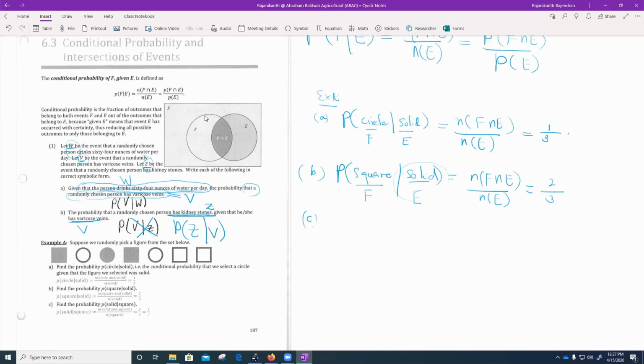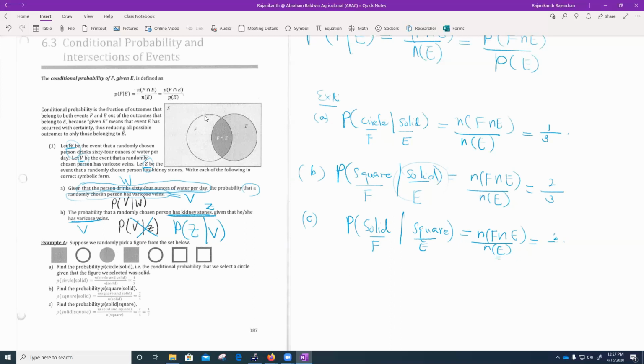So the next one. The probability of choosing a solid object, the given condition is now a square. So this is my event F and this is E. Again, let me write down one more time the formula. So now this is the number of objects in solid with the square. So the solid with the square is just 2 over